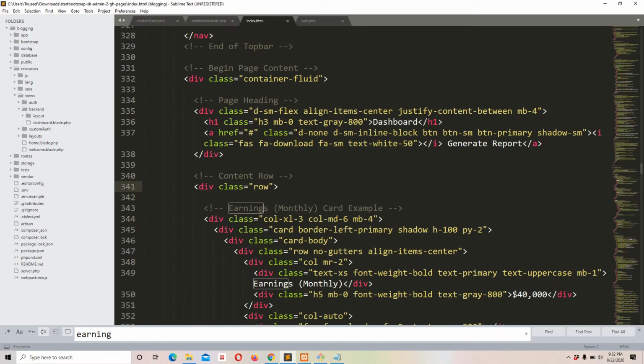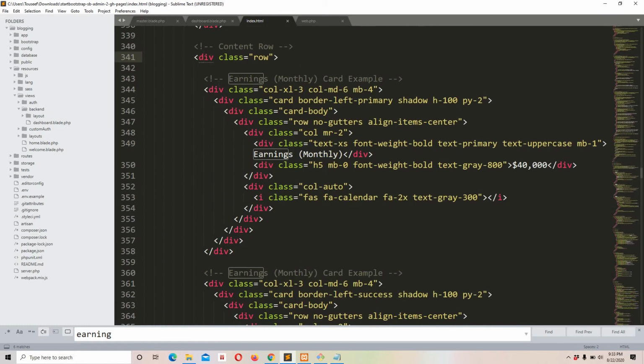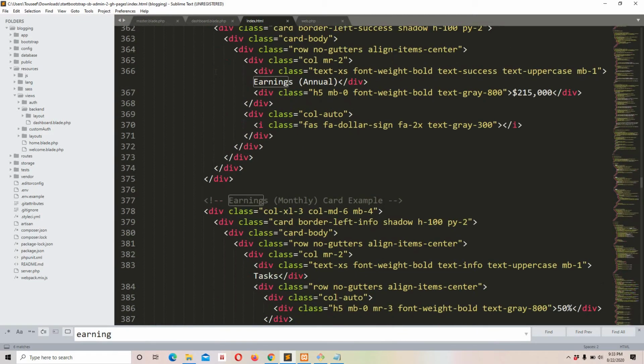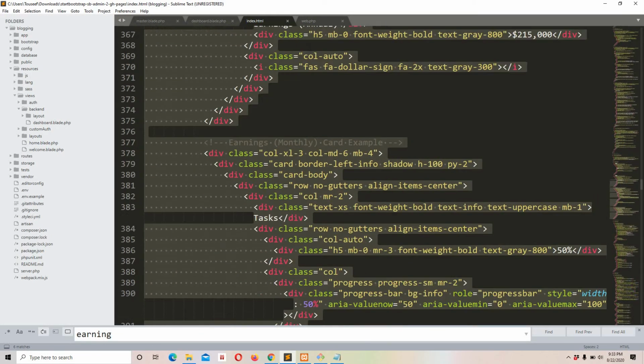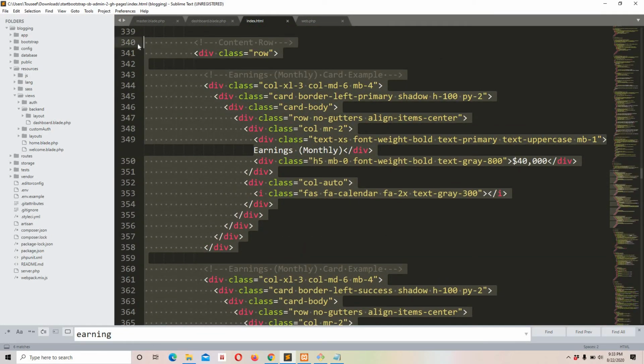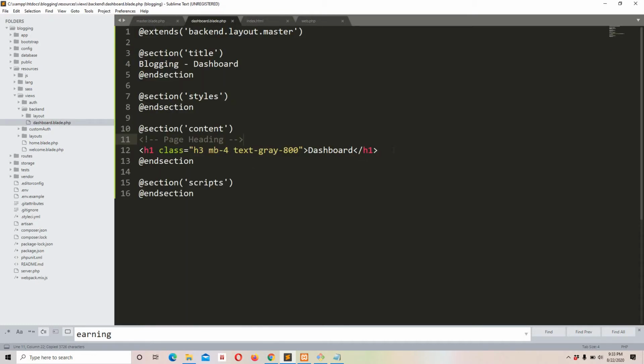Okay, so I will just copy the row, the first row. I will see where this row ends with the underline sign. I can see the other div where it ends, or the ending div. I will scroll. Right here you can see the first content row div is ending, and here we have another content row div, or you can see the second one. So I will just copy everything up till right here. Let's copy it and paste it right here just below this.